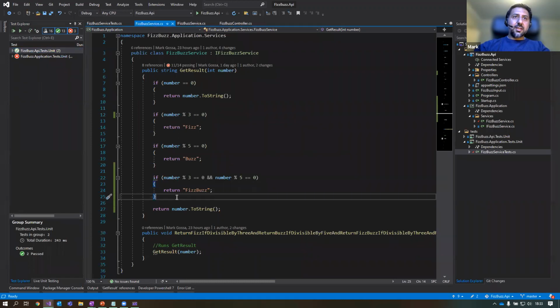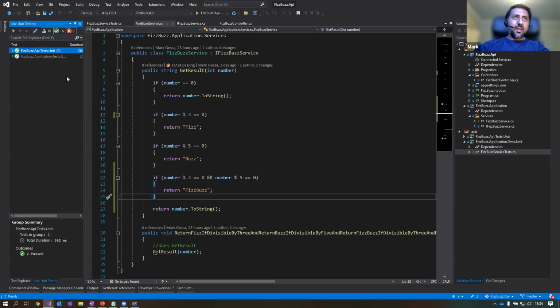So with Visual Studio and some of the other tools out there, like NCrunch, you've got this feature called live unit testing. You can get to this through the search here, and I've already opened up the live unit testing window.